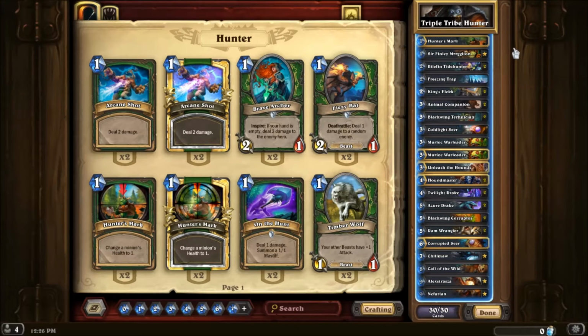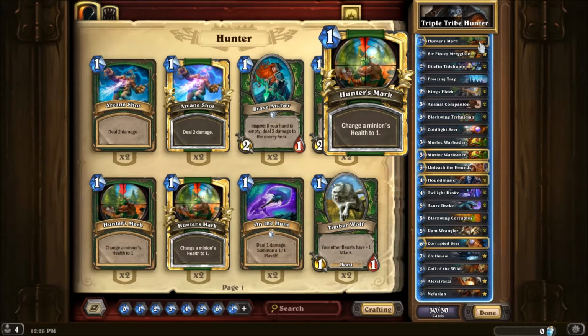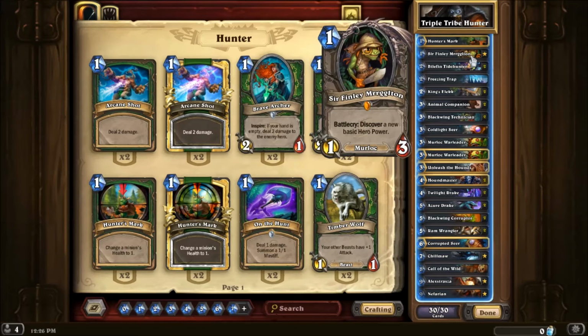So without any further ado, Hunter's Mark is in here for like your big card removal. I've got a few cards that work with it, but that's kind of the point. This is more of a control hunter, so you need cards like this. Sir Finley, this is in here because the Hunter hero power doesn't really work too well with this deck. Now the main reason I used the Hunter class is for the Beast synergy. And, well, because a lot of people expect it to be a different kind of deck,